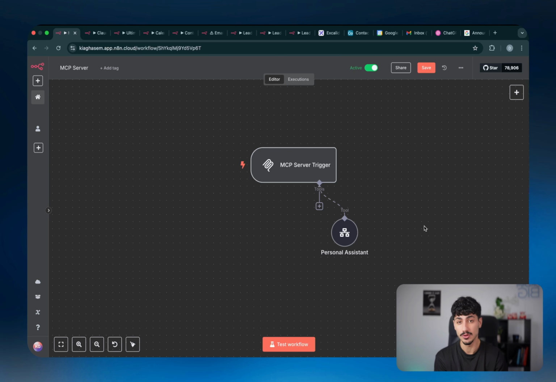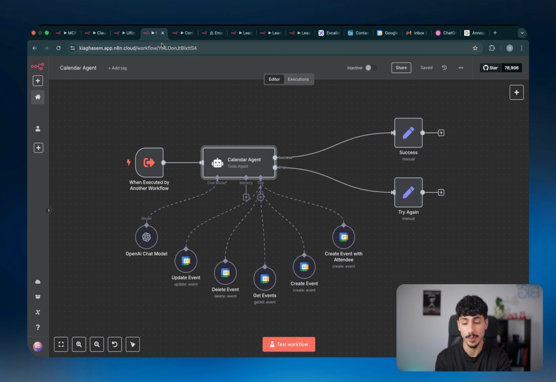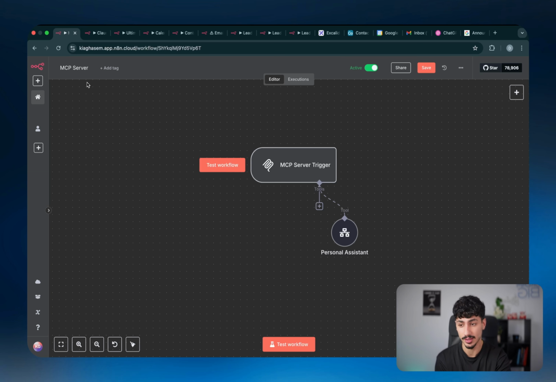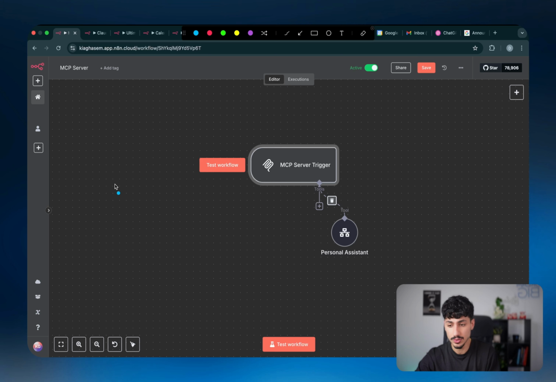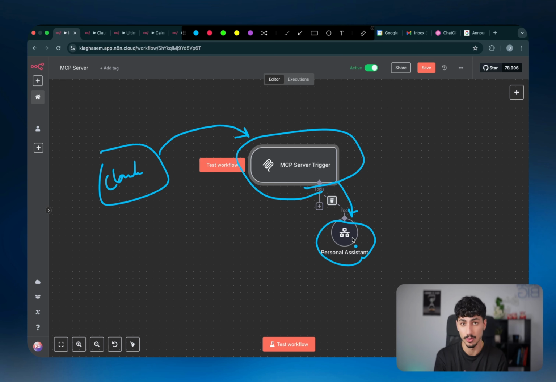So once you've downloaded all the JSON files, you have to import them into different workflows one by one. The first one that you should start with is the one labeled MCP server. Now, as I said before, the MCP server trigger node is what's allowing you to communicate with Claude. So just like a normal webhook trigger, when Claude figures out that there's a query or something that it has to solve, it sends that over to the MCP server trigger node, which triggers an automation and sends that over to the other delegator ultimate assistant agent.